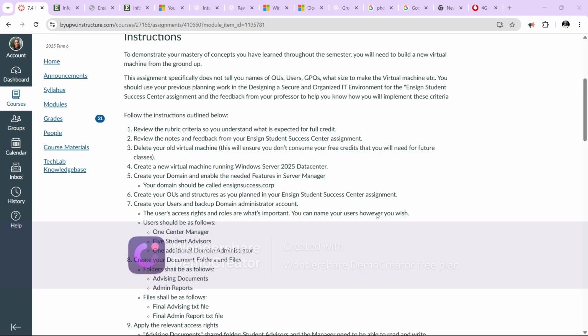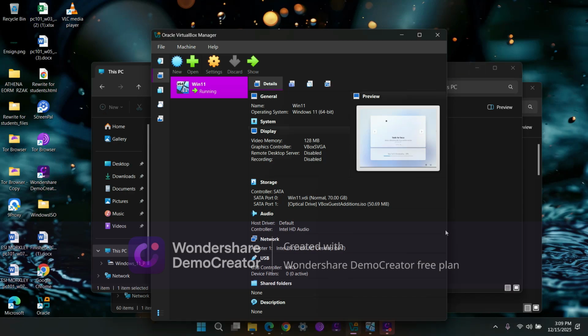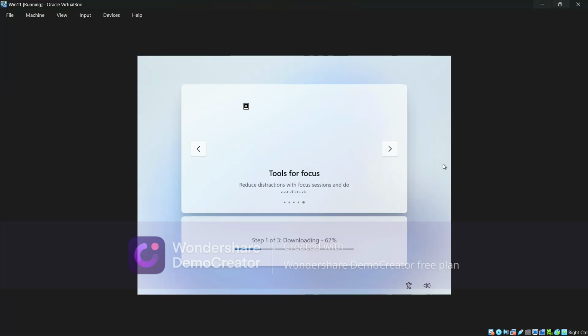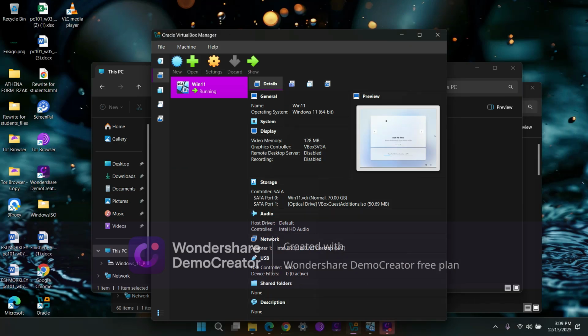I'm about to use the VirtualBox hypervisor for my virtual machine creation. I was installing Windows 11 as well, so it's almost done. Anyway, for some reason my Azure for Students subscription doesn't seem to work, so I'm going to use the VirtualBox hypervisor to install my virtual machine. So without further ado, let's